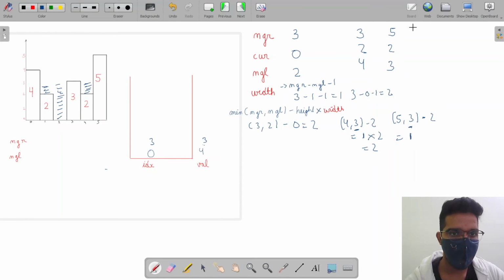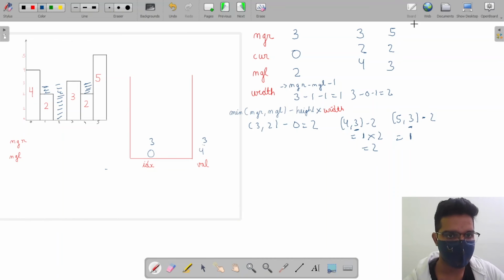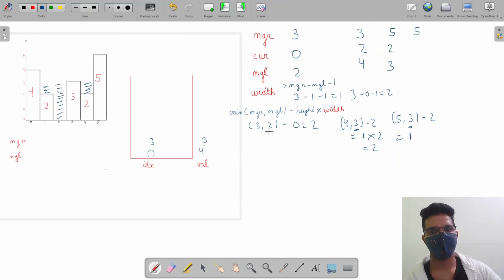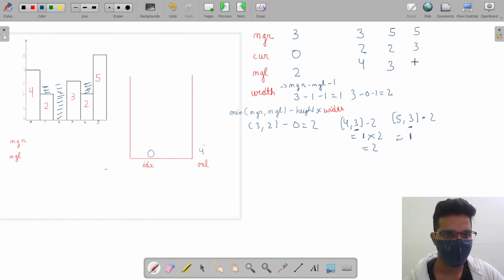Perfect, beautiful. Now, again, I'm going to check if 5 is greater than 3. Yes, it is greater than again 5. And my current is going to be 3. I'm going to pop this. My next greater left is going to be what? Next greater left is going to be 4. So by this, I can calculate